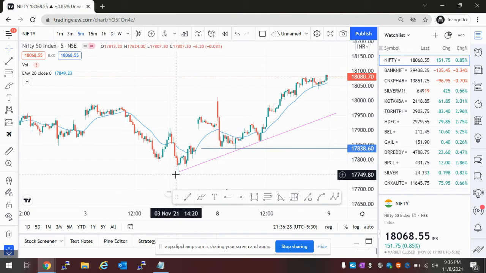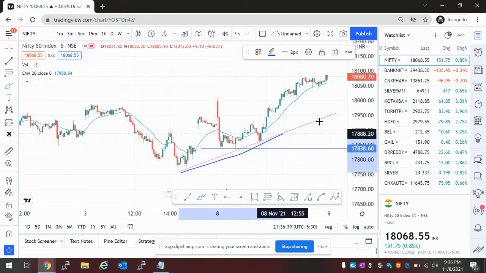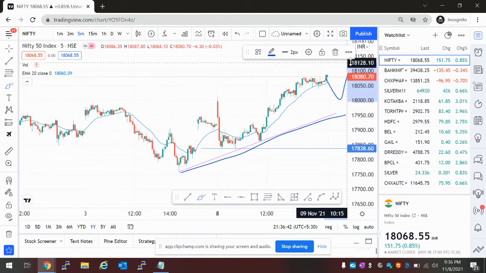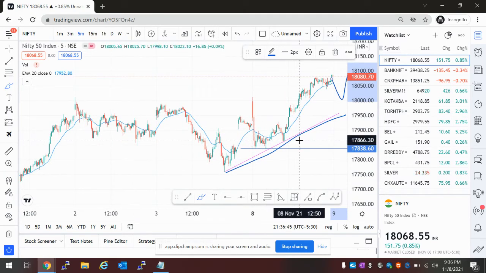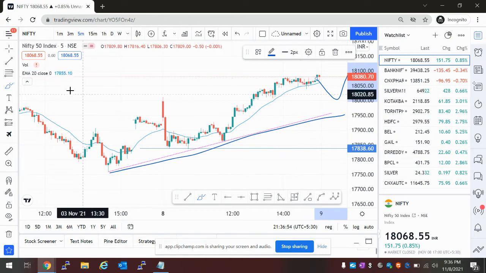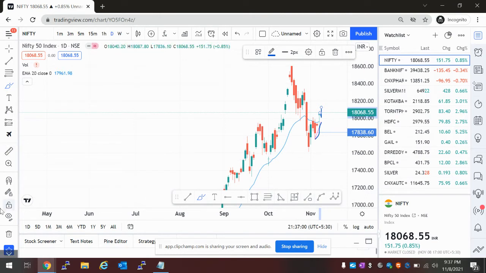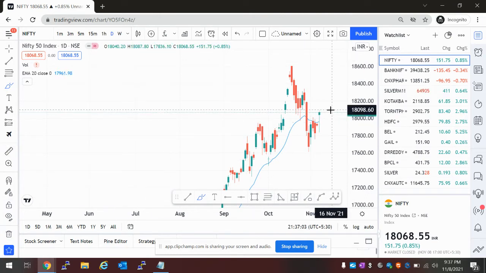Tomorrow this trend line, what is a trend line, all this, the videos will follow in the coming weeks. This trend line is going to be tested if Nifty retraces some points. So that was for Nifty today, and we have to watch out for this tomorrow. Today's high is going to be the first resistance for tomorrow. If it opens above that, then you can look for a buy opportunity.